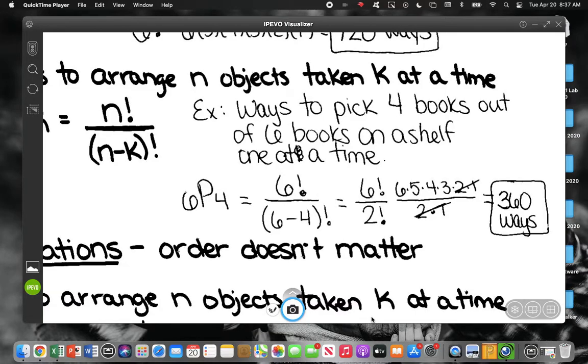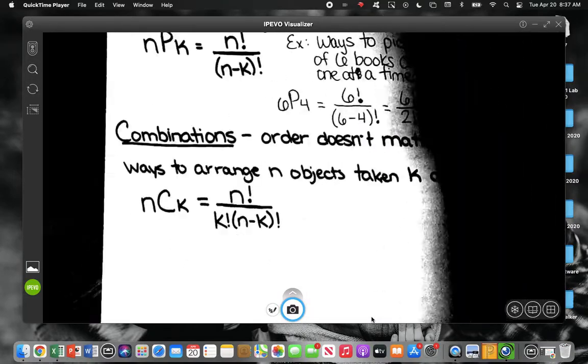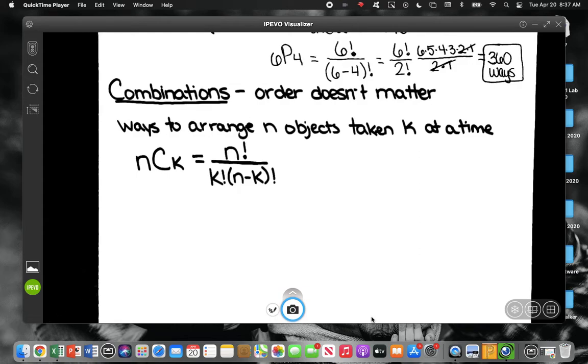Now, the next thing I want to talk about is when order doesn't matter. And those are combinations. So we are still picking a certain number from a total number of objects. The formula is slightly different because whenever you have combinations and order doesn't matter,